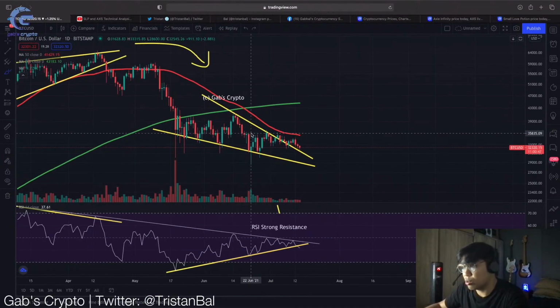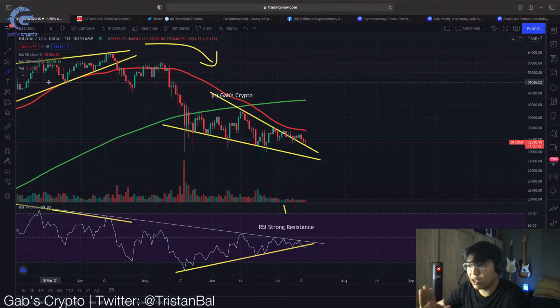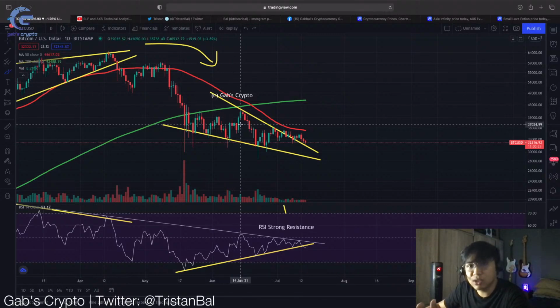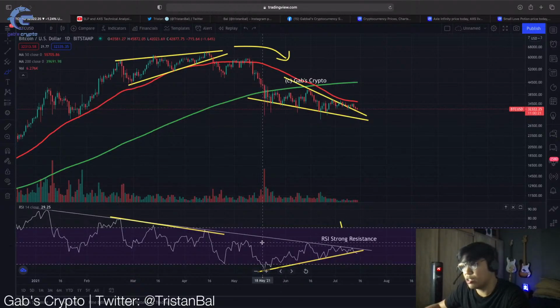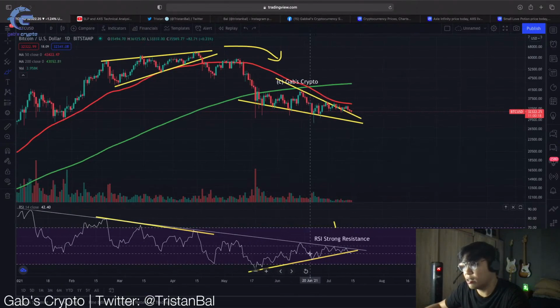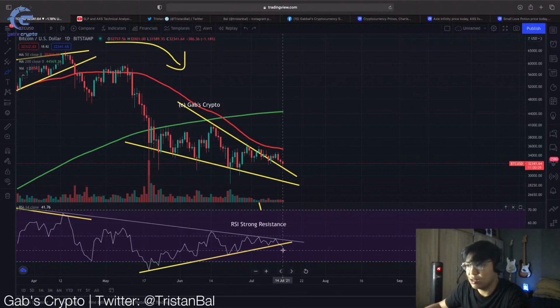So right now for the Bitcoin chart, we are actually seeing some bad news. Ako guys, gusto kong maging honest sa inyo regardless kung mag-pump and dump. Though meron tayong multiple good news, pero we are starting to see some bad news dito. So ano yung first bad news? First bad news is yung RSI. As you know guys, we have been following this RSI, and sabi natin meron tayong bullish divergence, and meron tayong resistance and then support. Pero ito na yung bad news: we are now starting to break the RSI support.